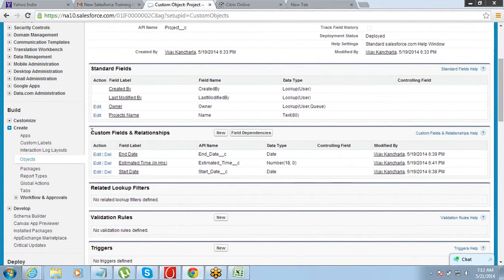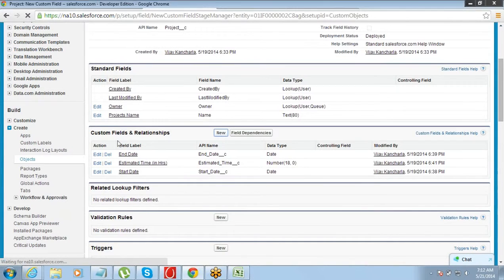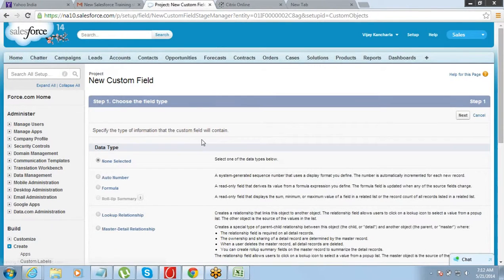So we need to create a field on this object. Go to custom fields and relationships. Just click on new.